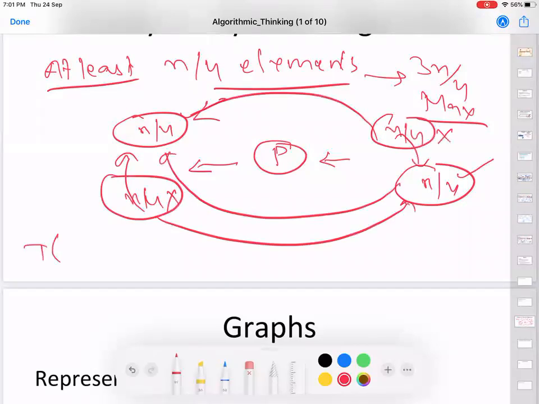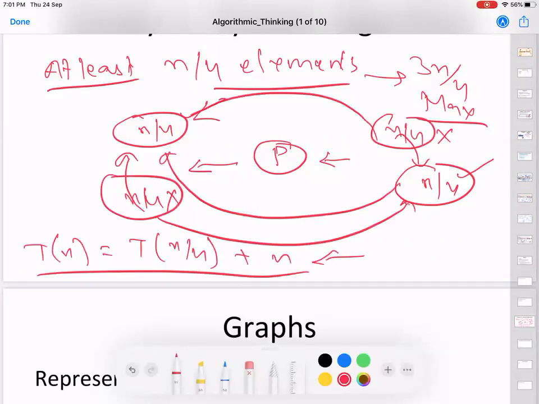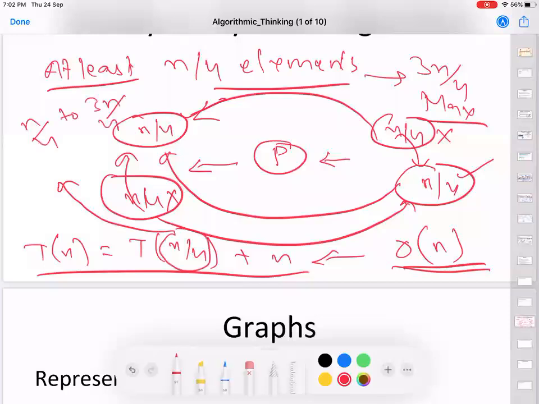So if you write down the recursion, this would look something like this. And if you remember the Master's theorem, where you compute the complexity, this would turn out to be order n. The idea being, this value can range from n by 4 to 3n by 4. Even with 3n by 4 here, this complexity would be order n. So this is the only algorithm out there in the literature where you can have an order n algorithm for searching for the kth largest element.